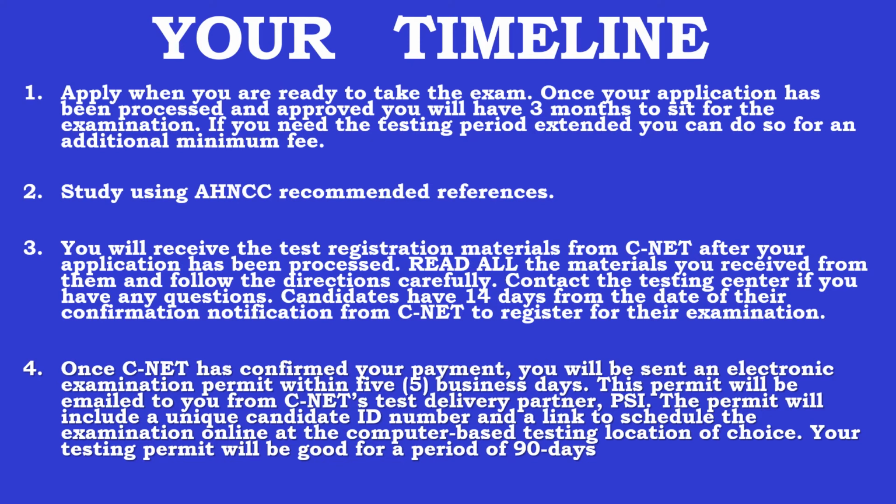We recommend that you study using the AHNCC recommended references. There are primary references, and they are found in the handbook. You will receive the test registration materials from CNET after your application has been processed. Please read all the materials you received from them and follow the directions carefully. Contact the testing center if you have any questions. Once again,